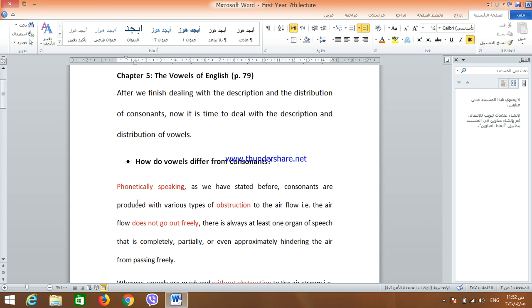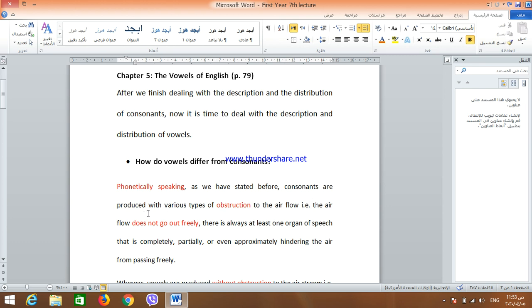So, a question is good to be asked here. How do vowels differ from consonants? In other words, what are the differences between vowels and consonants? Phonetically speaking, that is, in terms of the actual pronunciation of sounds, we have stated before that